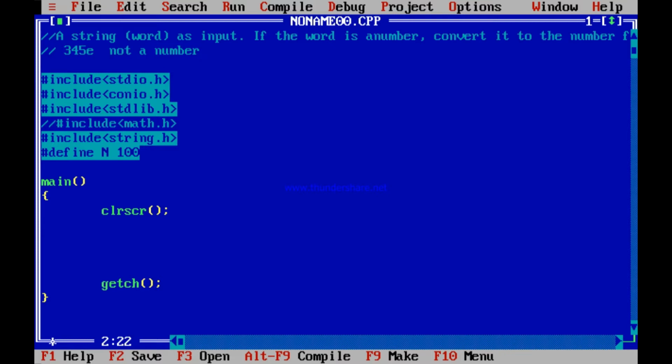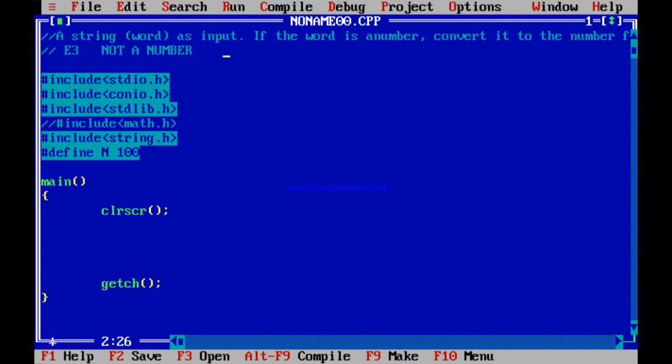Now you can say, what's the point of converting it to a number? I can see it's a number. But yes, I may in future ask some operations to be done on it. Say if I input two numbers as string and in between I type a plus, then I will have to add those numbers. So I have to convert it to a number format. Say for example, if somebody inputs E3, you will have to tell it's not a number. I think you understand this.